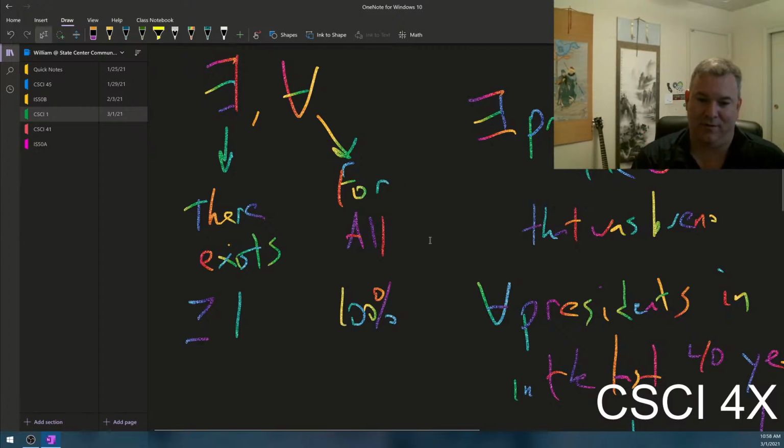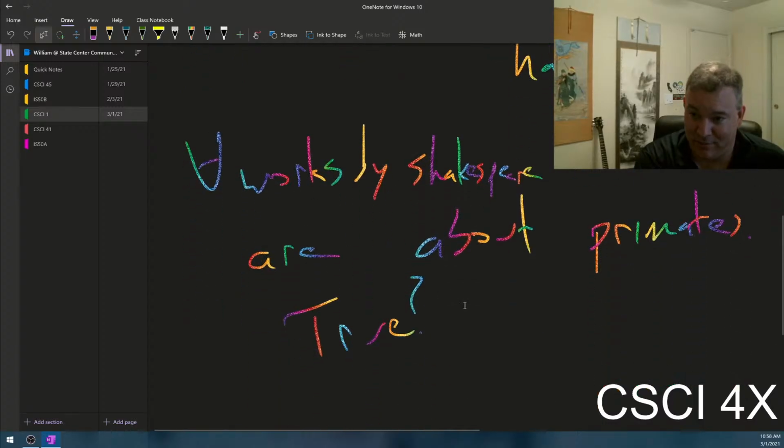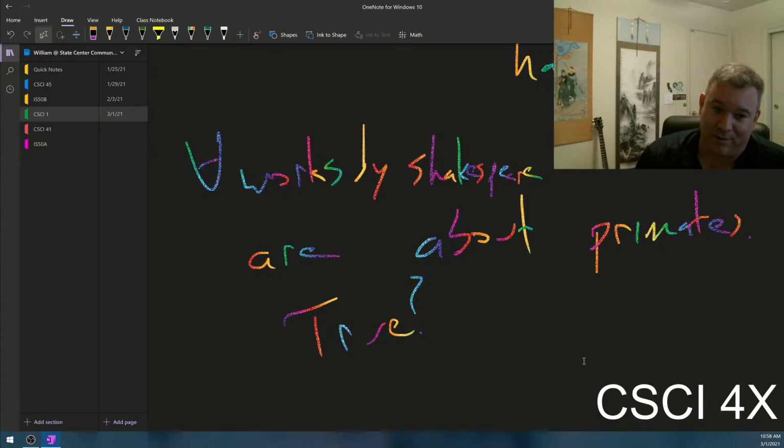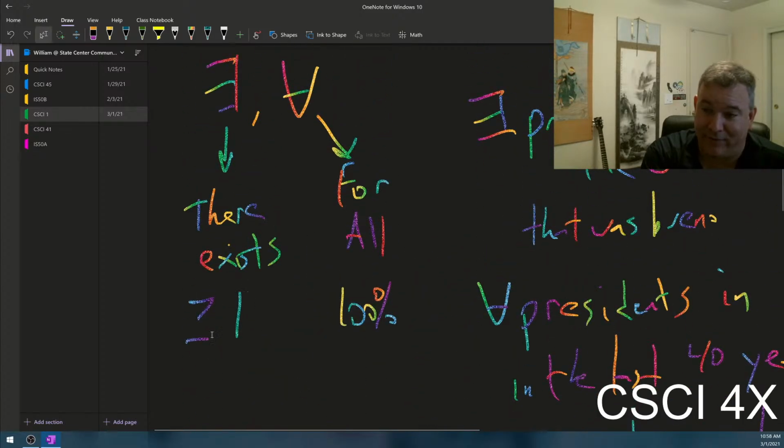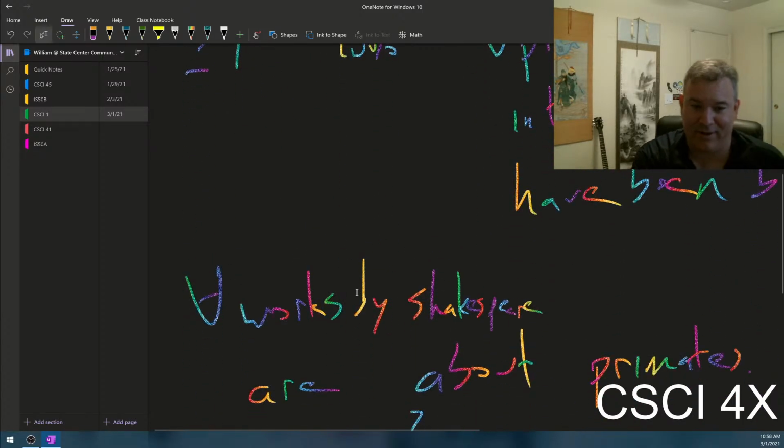Go through every sonnet by Shakespeare. Go through every play by Shakespeare. And make sure that all of them are about primates. You know what I mean? It's a lot of work to prove this to be true. Just like it's very easy to prove this to be true. All you have to do is show that there's a play. Like, if I change this to be there exists,